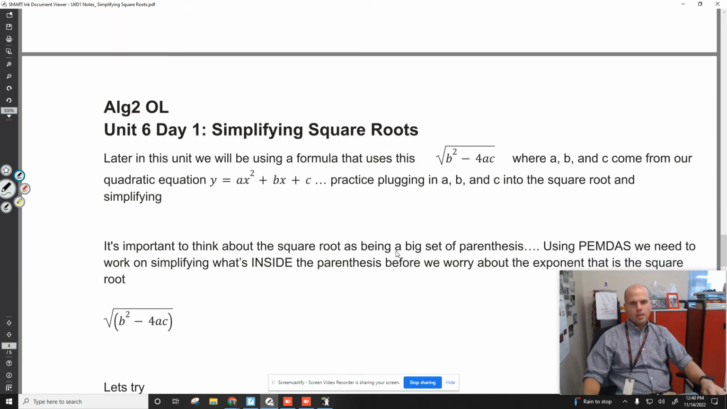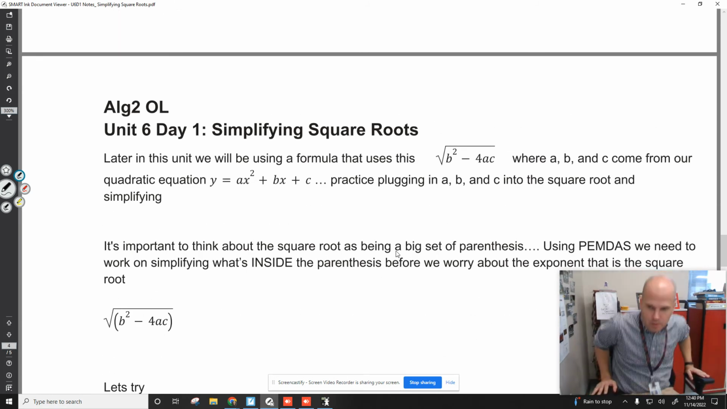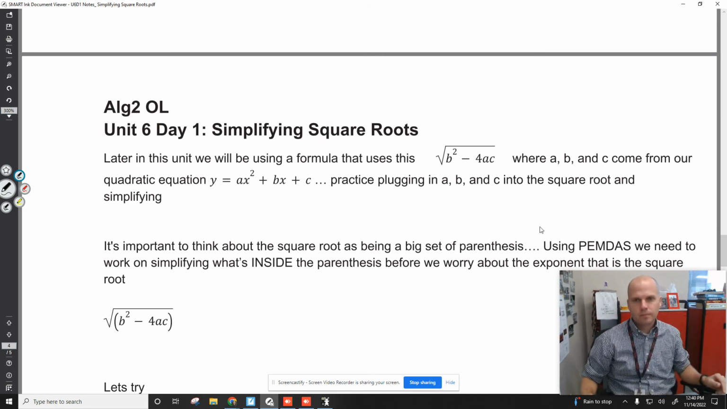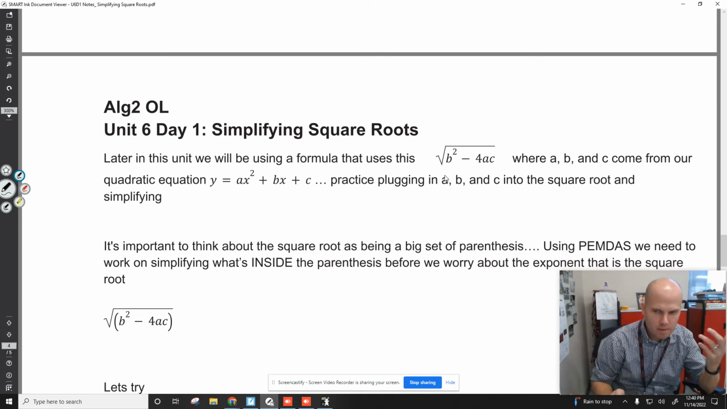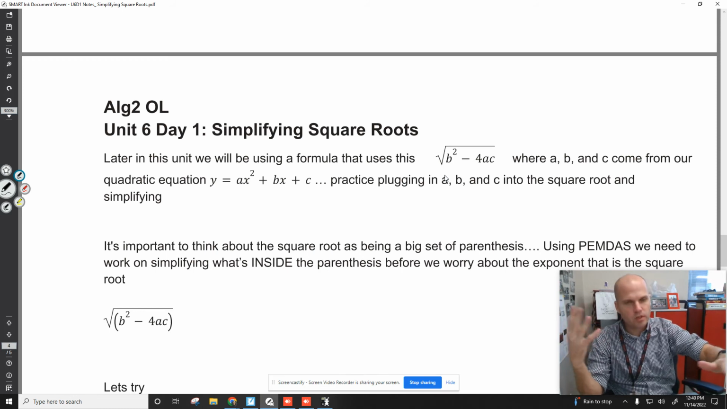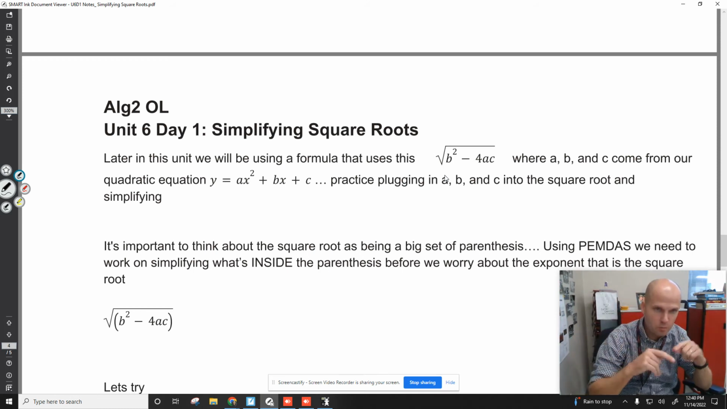Okay, now in this unit we're going to be using a formula. The formula has a square root of b squared minus 4ac. We're going to show you where this formula comes from. It's called the quadratic formula. It's going to help us solve any quadratic equation. Okay. Now, what's important